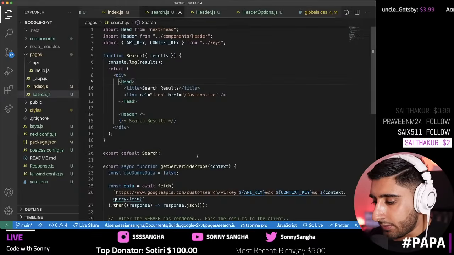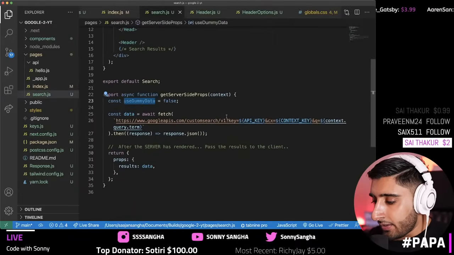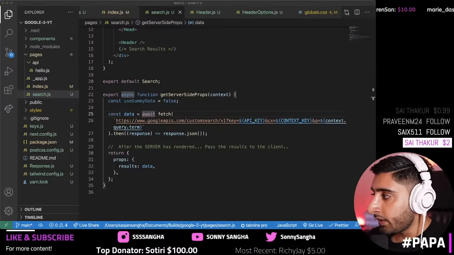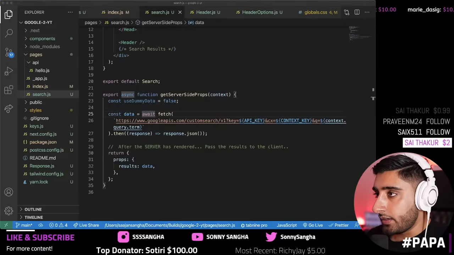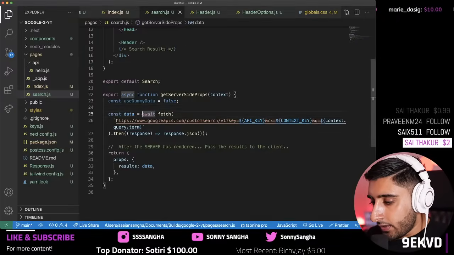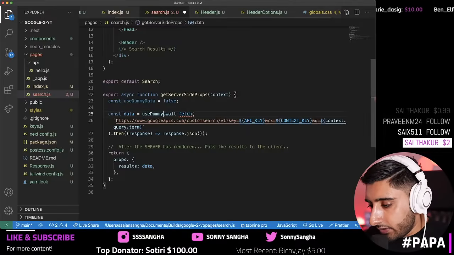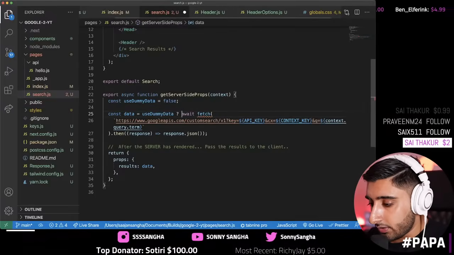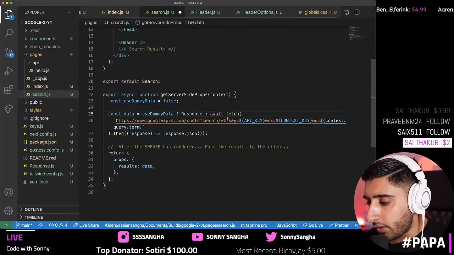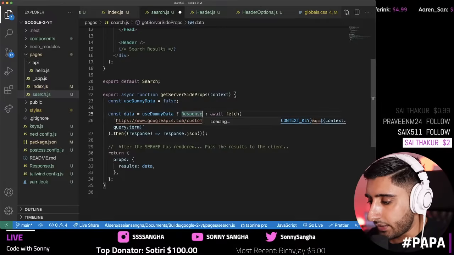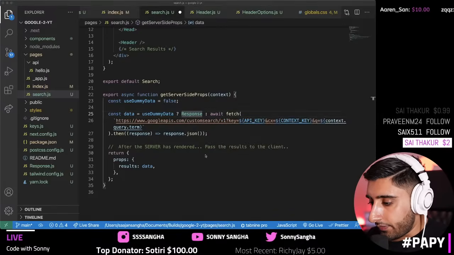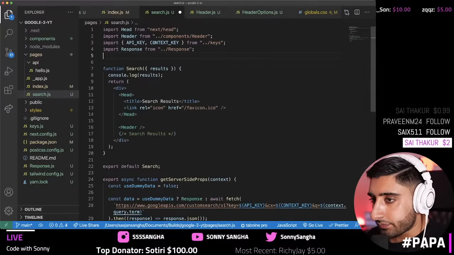Okay, so this will prevent you from exhausting your quotas whenever you're working with something. So now what I want to do is to make use of that dummy data. I'm going to go ahead and say use dummy data is false, right? For now, and I'm going to go ahead and change this. I'm going to say if use dummy data, then I'm going to basically return the response, else await, okay? And then this response I need to pull in, okay? So the response I need to go ahead and import from that file, okay? So this one, there we go,